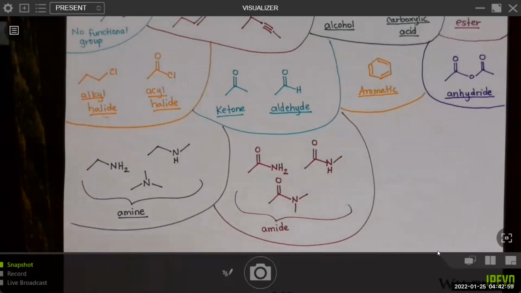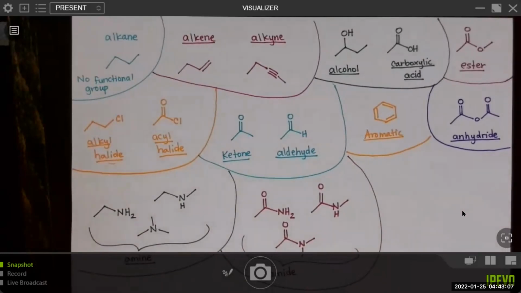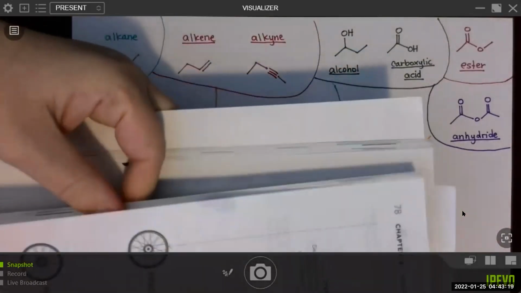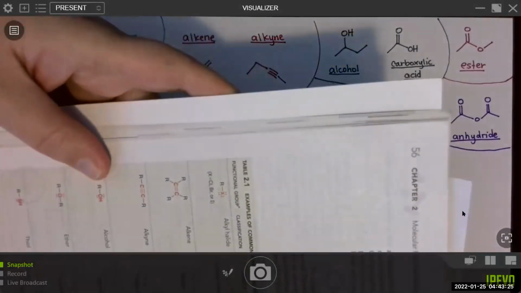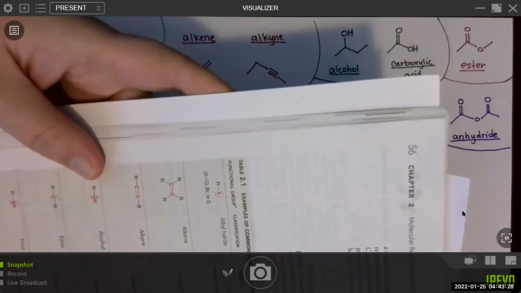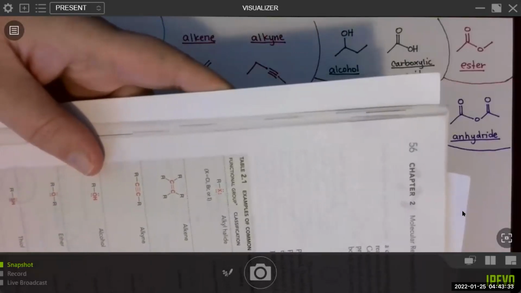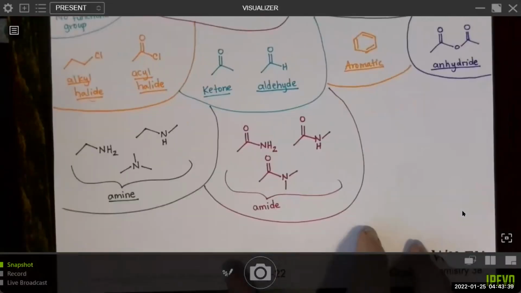Okay, so I think I might have hopefully hit all the major functional groups here. And let's go ahead and just take a look in the book, just to make sure I didn't forget it, because I'm just doing this from my memory. All right. Oh, I did forget one. Actually forgot a couple. Okay, 3 more. So, forgot some major ones, so I'm glad I checked.